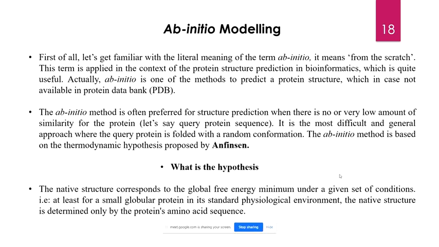People are trying to find it out, and until the day we get an absolute equation which can say that yes, this is the method by which proper folding occurs, we can't say for sure that this is the best method.